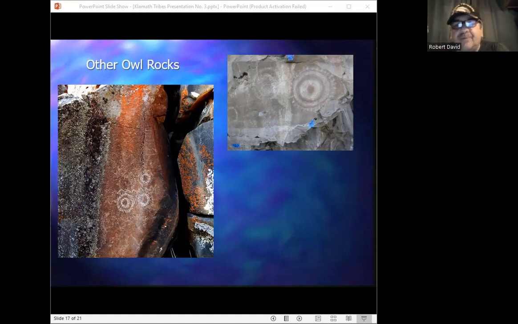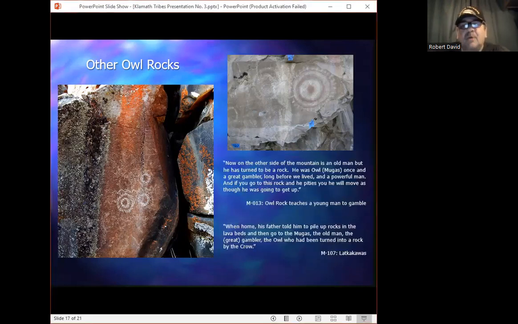Now, I'm personally aware of 3 owl rock sites in the Klamath Basin, but I'm reasonably certain that there are many others. Now, our myths routinely talk about the owl rock in singular terms, where down and out members of the community, often in the personage of a little boy, lose significant amounts of wealth gambling against members of a rival tribe. In those tales, it's usually the mother or the grandmother that sends the little boy off to visit the owl rock to regain his gambling medicine. Well, my claim is that the Owl Rock petroglyph site in this presentation is one of several located throughout our traditional territory that collectively represent the Owl Rock alluded to in myth.